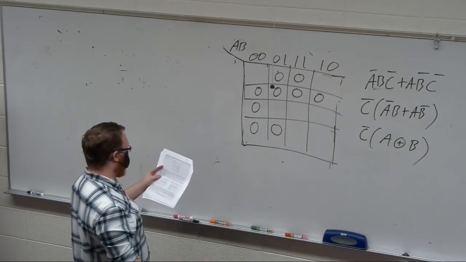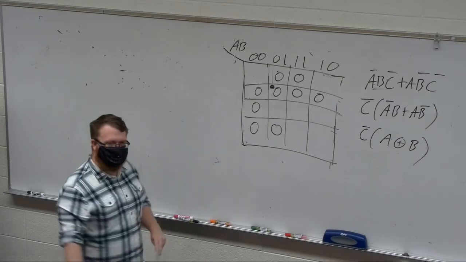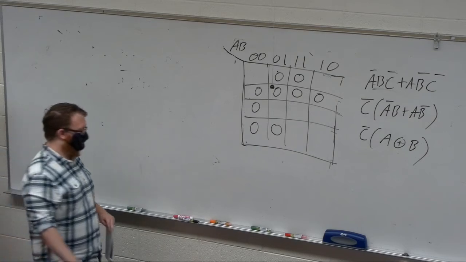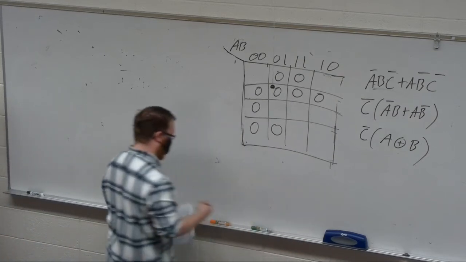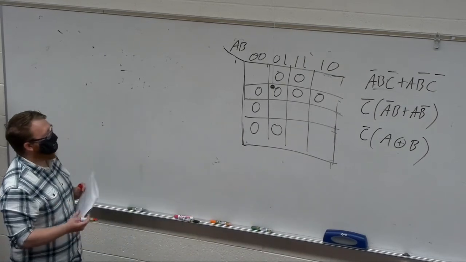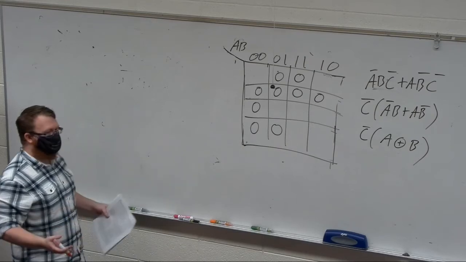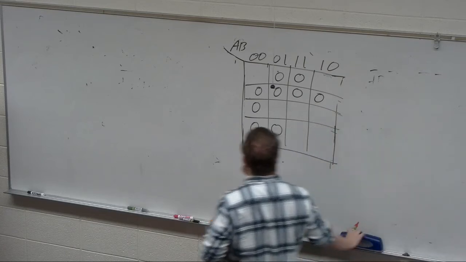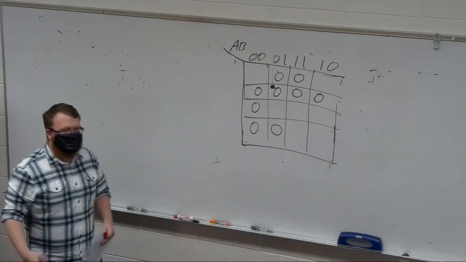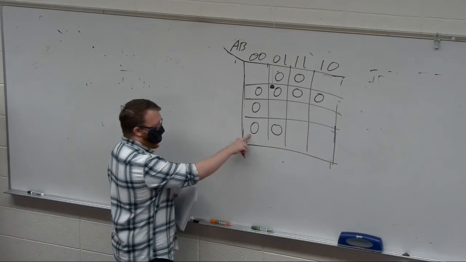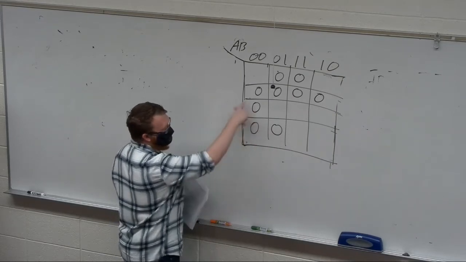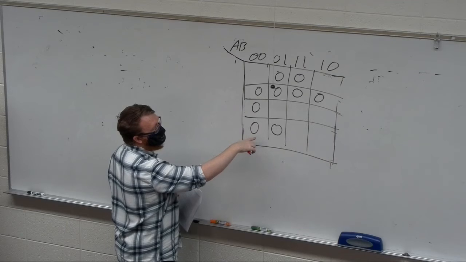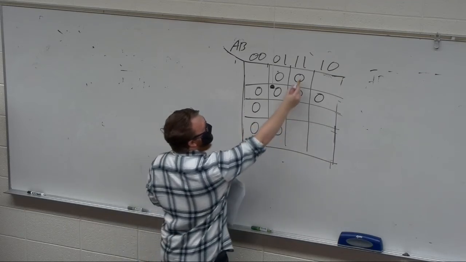Okay, I'm going to leave out the ones because this time we're interested in zeros. So if we take the groupings, first off, we want to ask the question, I should erase these before you begin. Do we have essential prime implicants? Right, remembering this guy is not essential and prime because he can be circled by this and that, and those are not subgroupings of each other. But like this